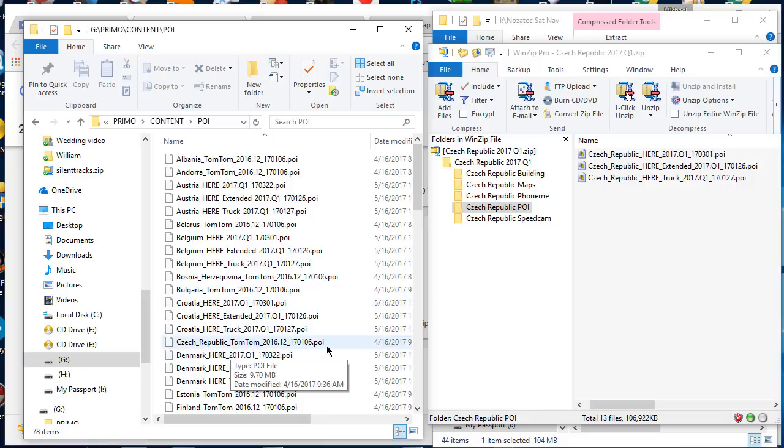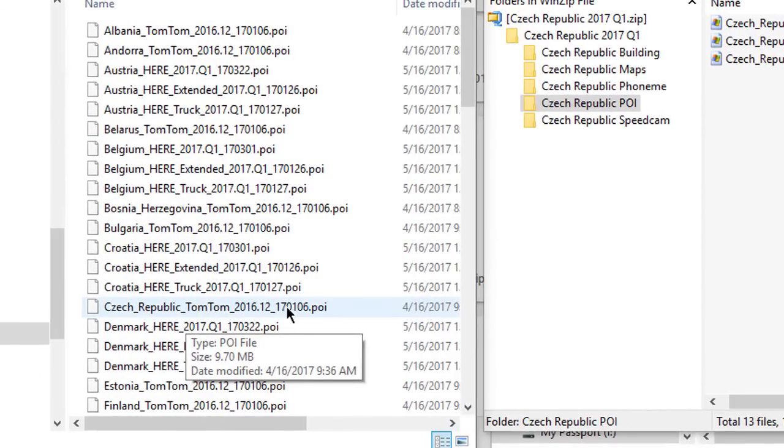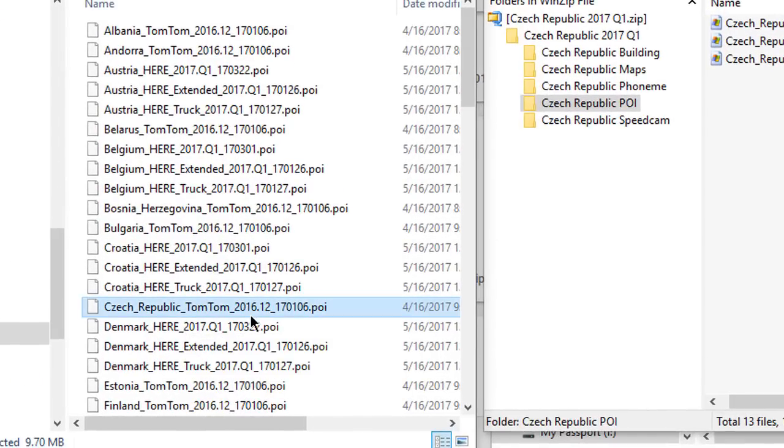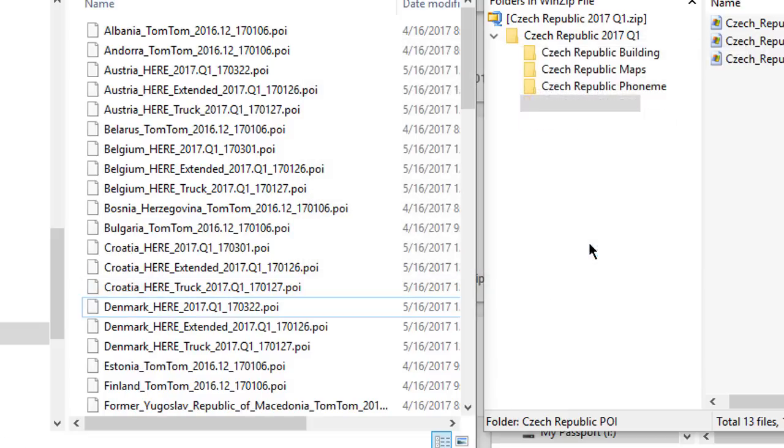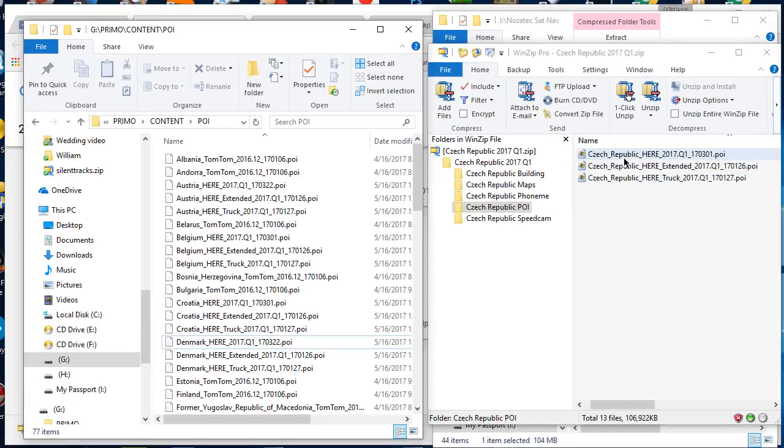Let's see what we've got in the way of the Czech Republic. You see there is a TomTom POI file, so I'm going to click on that and I'm going to hit delete. That's it, the TomTom file's gone, and now the Here files,